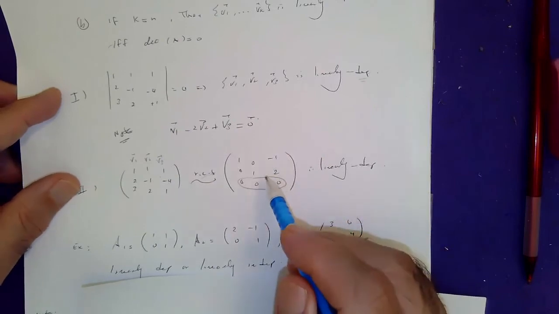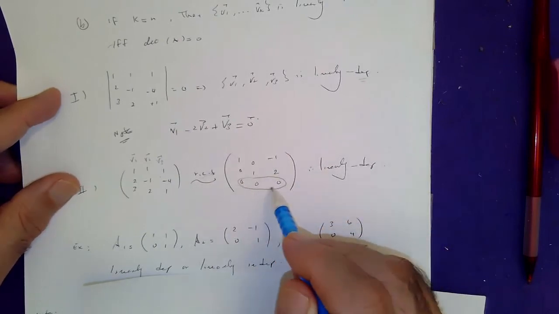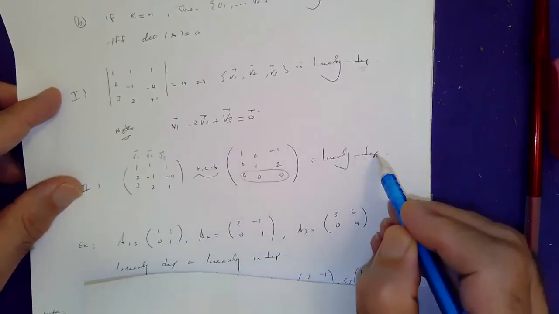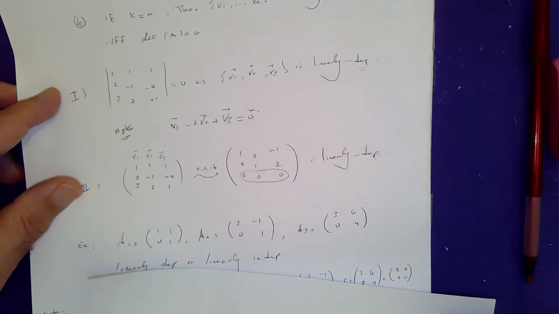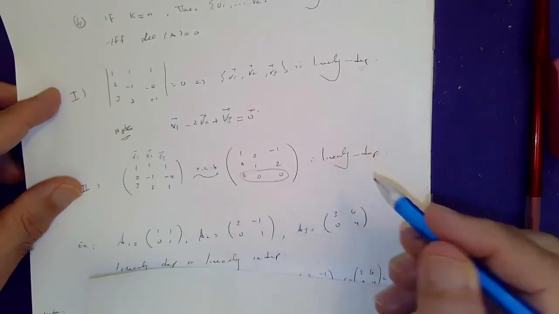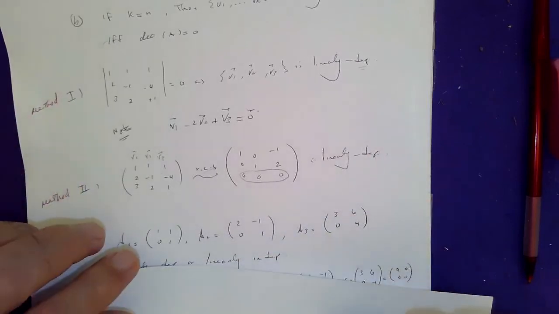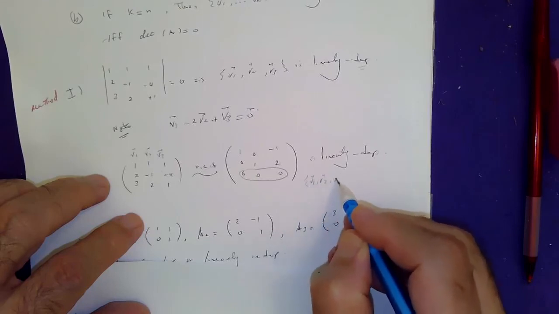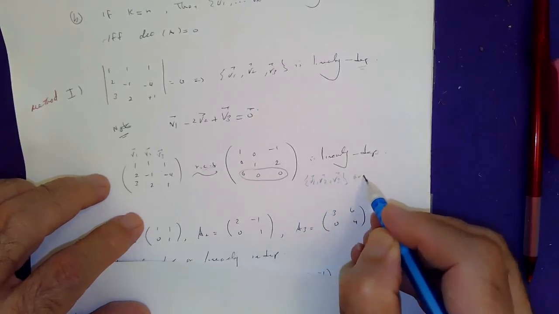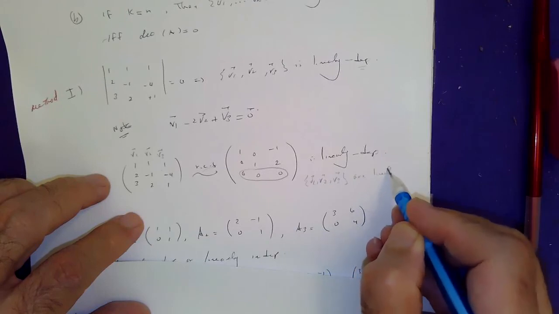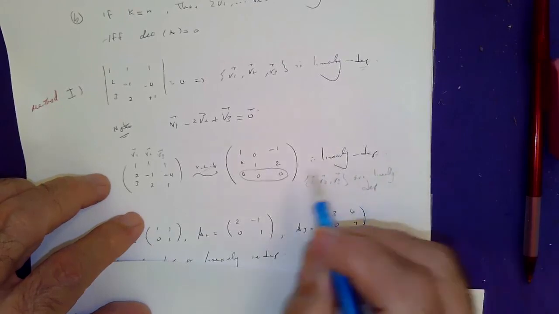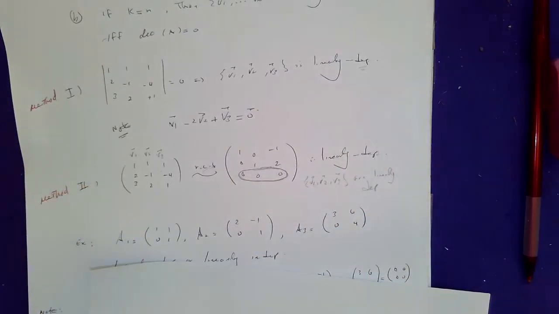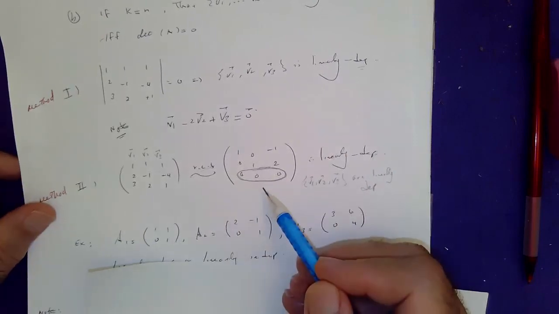But check this out. Row 3 has a row of zeros. So therefore, you can go back and say, aha, the given vectors, v1, v2, and v3, are linearly dependent. Why dependent? Look at this. Row echelon form has a row of all zeros. I think this is a fascinating method,